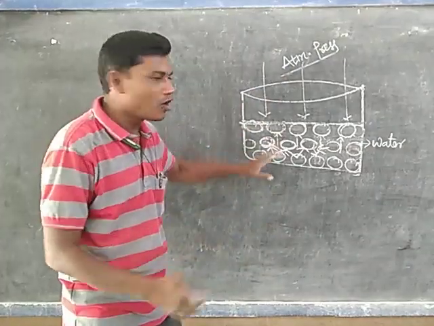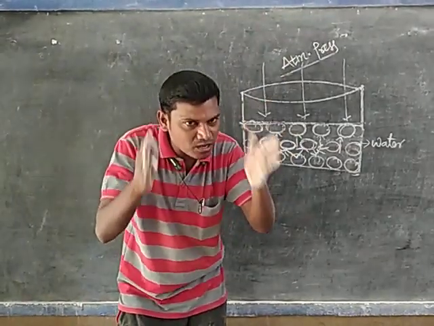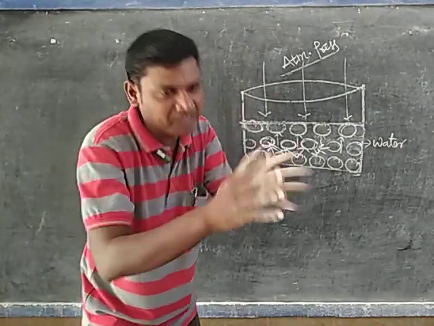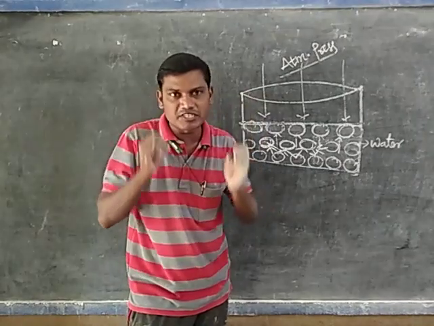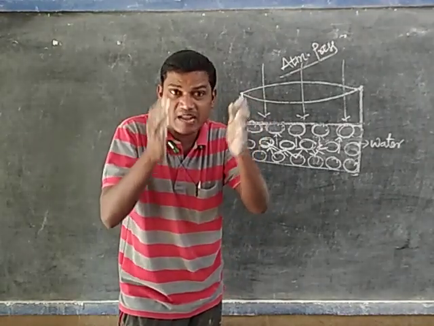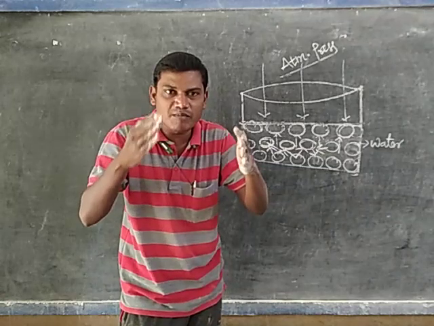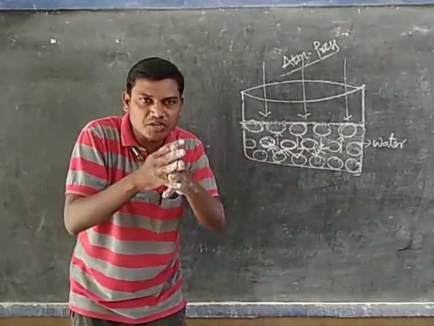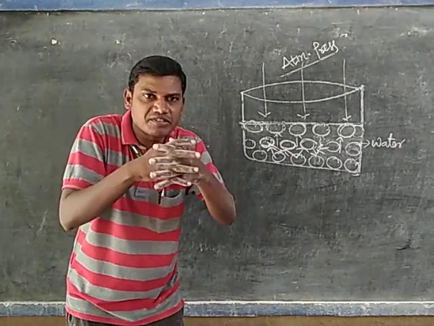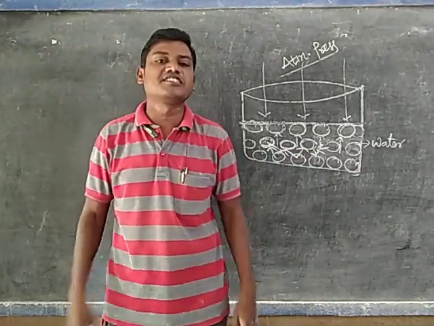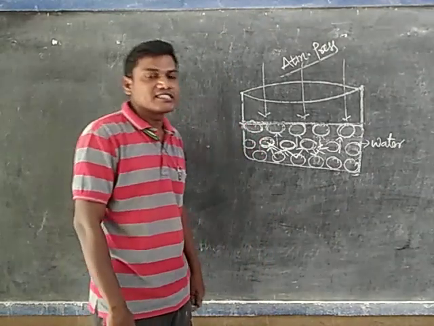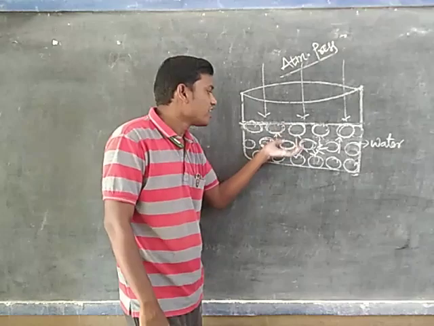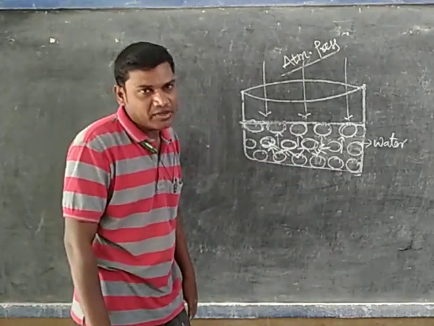Listen very carefully. Between the water molecules, what is there? Some space is there, that is called intermolecular space. Due to the intermolecular space, water molecules are in random motion, which means they are moving in different directions. Due to the random motion, water molecules collide with each other and transfer the heat energy to each other. But some part of the heat energy goes to the upper layers in the same vessel by the convection mode.